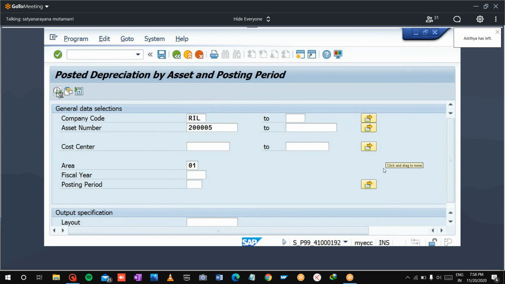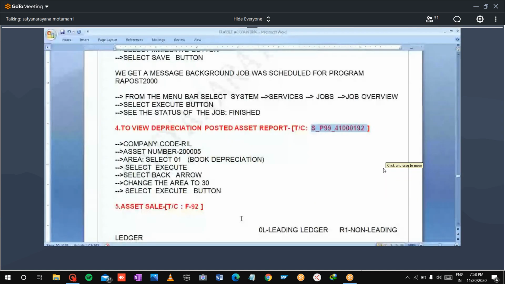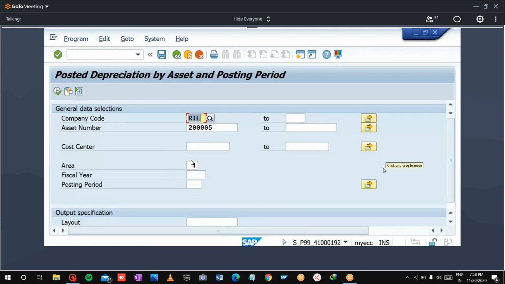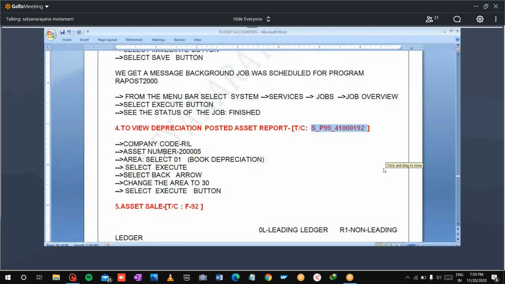It's posting for this asset 822. If you see for area 30, how much depreciation amount post, we see area 30. Execute. 1644 because 10% 822 into 2 1644. So it has posted depreciation correctly Indian ledger as well as US ledger because 5% in Indian ledger, 10% in US ledger. Now the issue is like this: when you sell the asset,